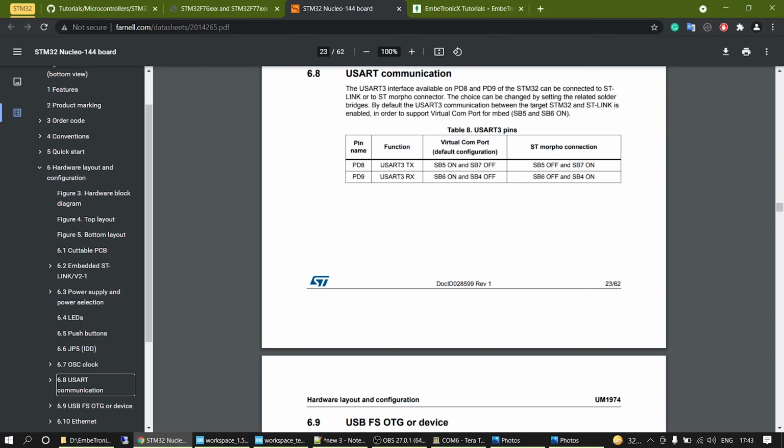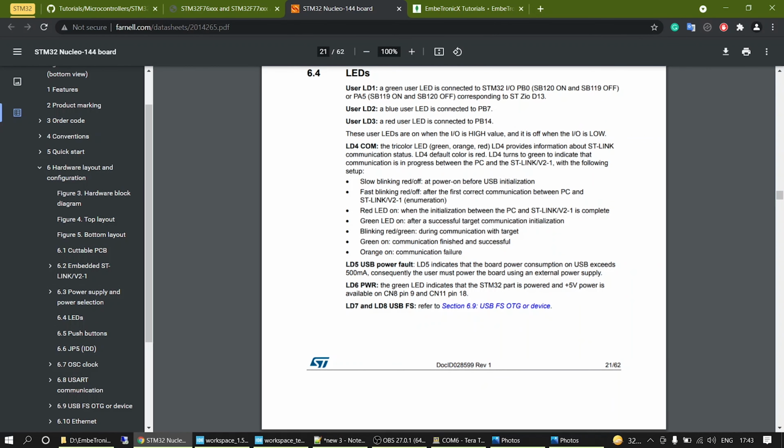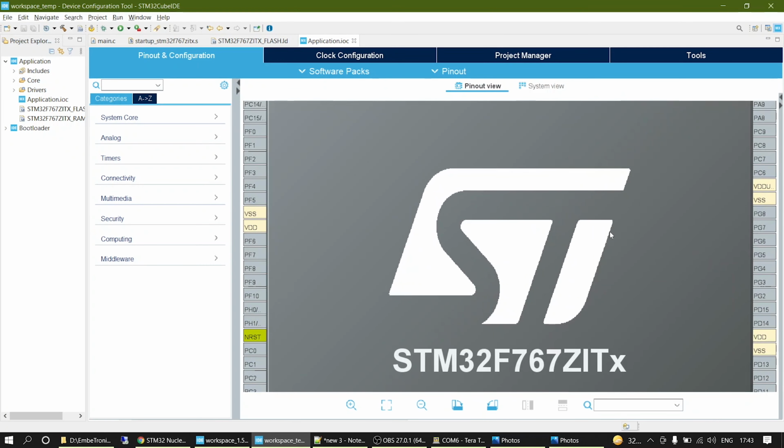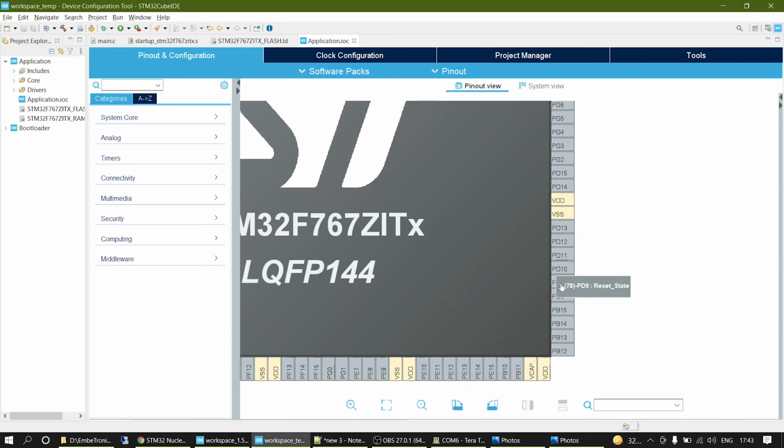In the application, we will be using the same user3 LED for debugging purposes and user blue LED 2, which is PB7. Let's enable the user3 and PB7 GPIO as outputs.